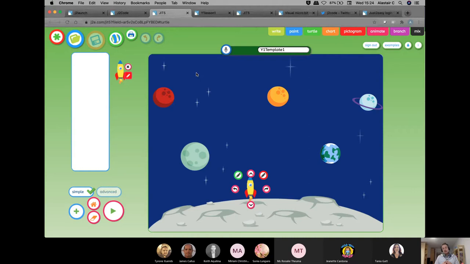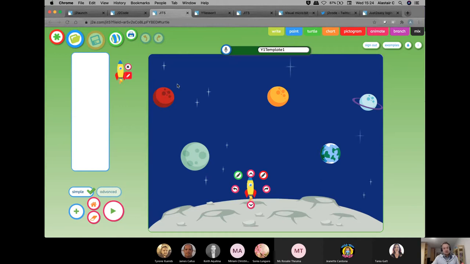So when I'm running a lesson with Turtle and we're looking at the spaceship, I would ask one student to come to the front to use the computer and get the other children to support that student with my questioning, such as how would I get the spaceship to go to the orange planet?